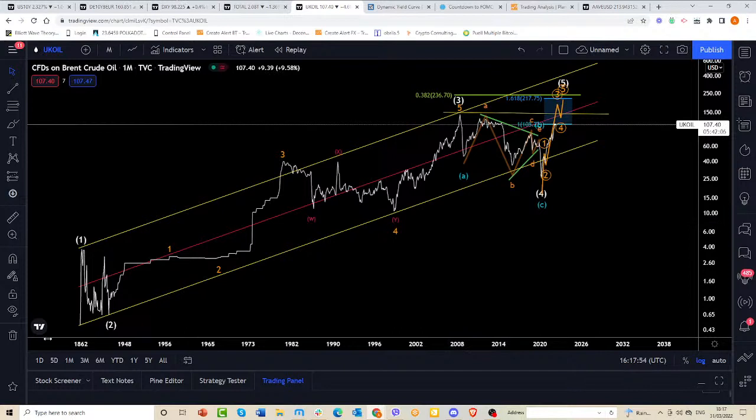wave counts, you can see that it's not very difficult to count some type of a 5-wave sequence here. You can see a wave 1 and 2, and then a nice subdivision in 1, 2, up in 3, 4, and 5, up to 2008. Then we saw a very big crash, of course, in the financial crisis, recovery, crash again, and of course, you know that we had even negative readings on oil futures in May 2020. But from there we recovered.